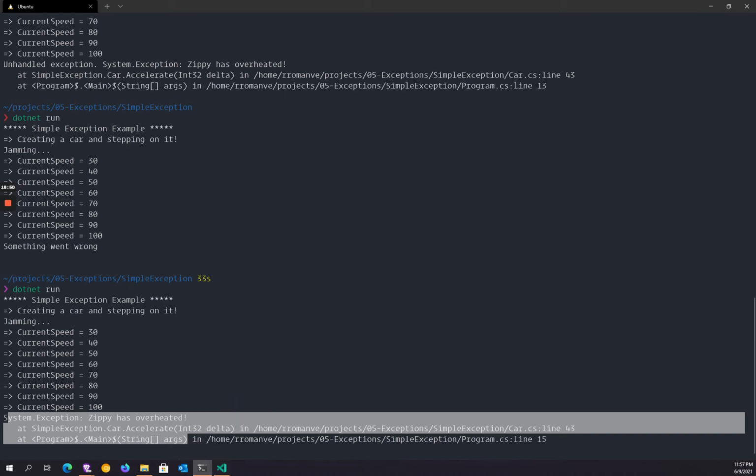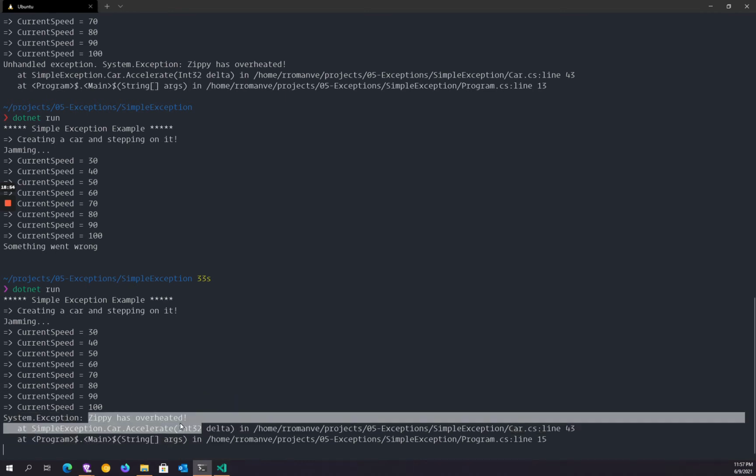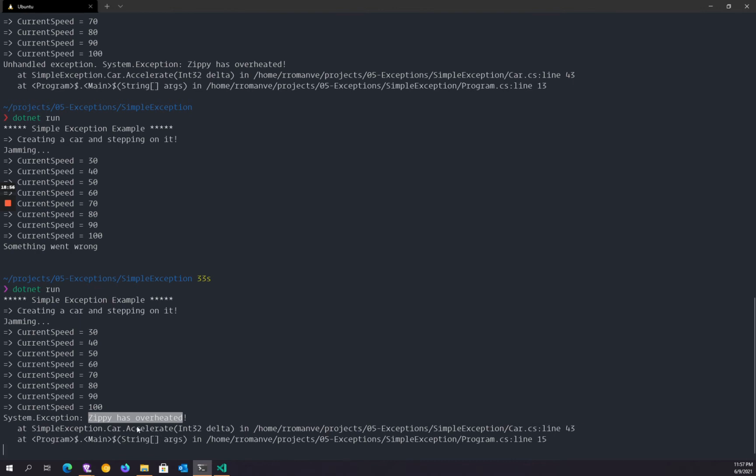So the main ones, we can see the target site, we can see the message. So this is actually the message, right? And we can see a little bit of the source, who executed. And we can see different sections, different pieces of this error, so we're able to understand it. We can log it in our system or keep it somewhere else. So let's